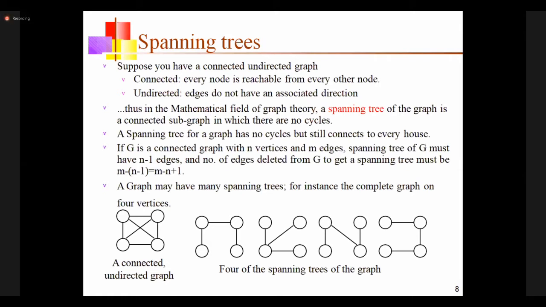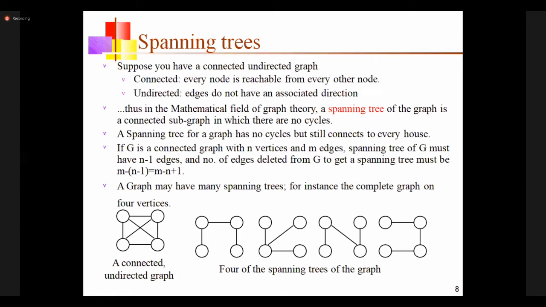Okay. So for example, this is the connected undirected graph. How many vertices are in the given graph? 4 vertices. For my spanning trees also 4 vertices are there, but I can remove any of the edges to make it loop free. Loop free means, look at the diagram. Because this spanning tree does not contain any cycle, there are 4 possible spanning trees for a given graph, so I can justify that spanning trees for a given graph can be many. We can have many spanning trees.